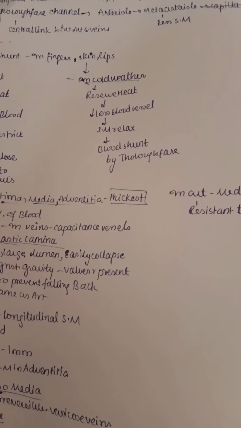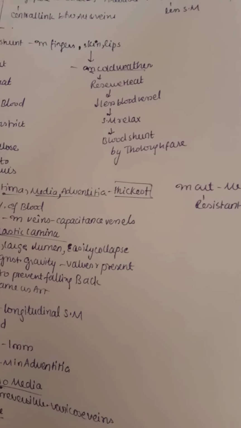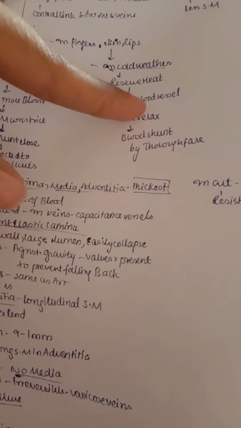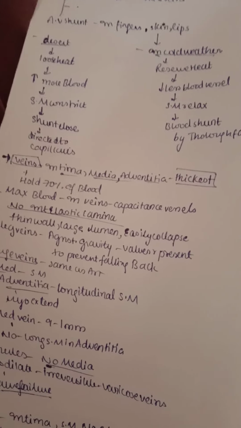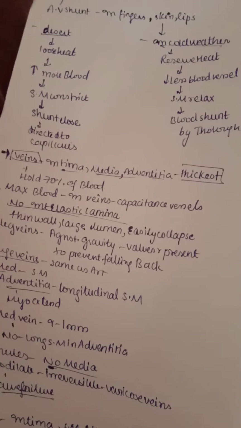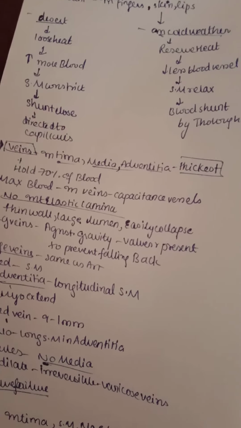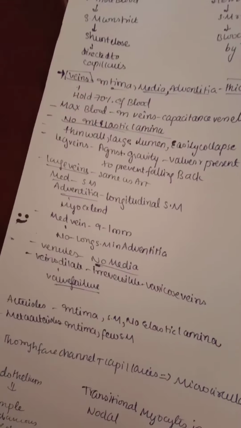So in cold weather, what happens? We need to conserve the heat. So there is less blood flow to the vessels, that is smooth muscles relax and the blood shunts through the thoroughfare channel. That is less blood flow to the surface. So in the case of desert conditions, we want to lose the heat. So there we want increased blood flow, that is smooth muscles should constrict and the shunt closes, so blood is directed to the capillaries. So we use this AV shunt mainly in cold weather, where we need to open the shunt.